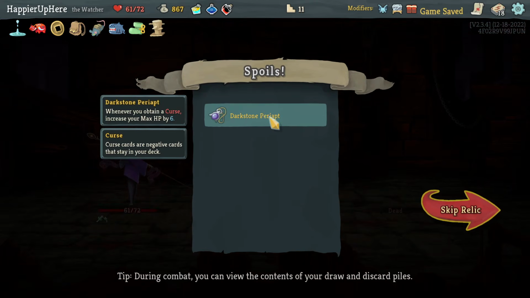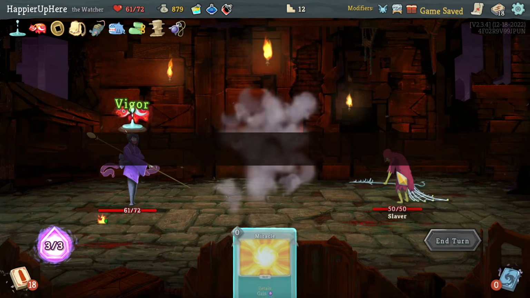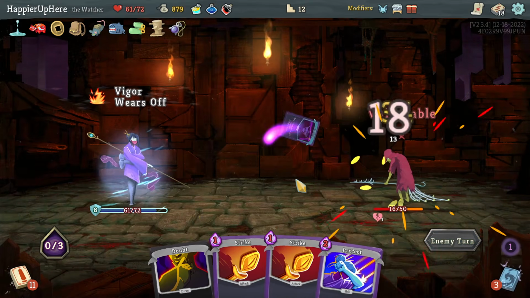Alright, we got Dark Superior. Whenever you obtain a curse, increase your max HP by 6. Okay. And here I got the Slaver. I think I'll do something like Miracle, Vigilance, Crush Joints, and Conclude. We'll take a little bit of...